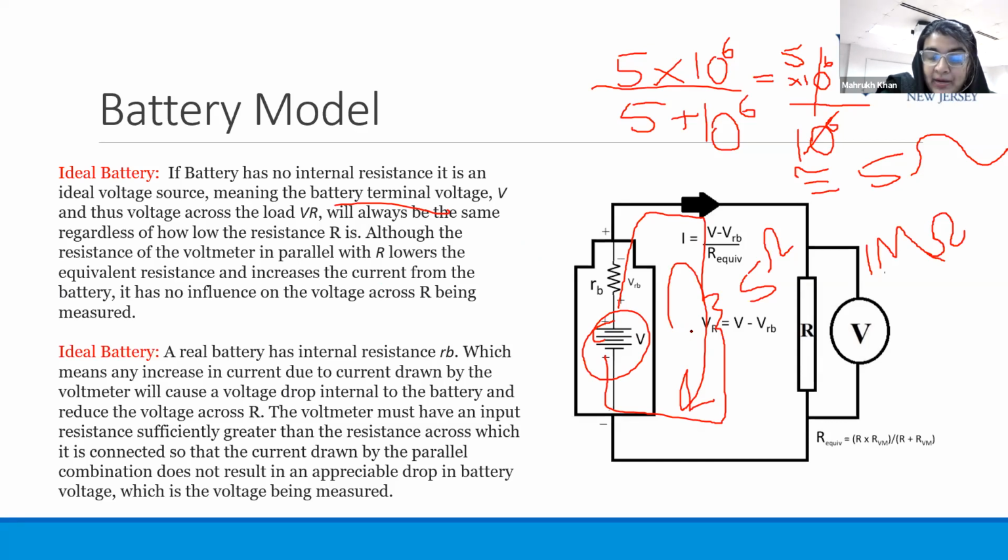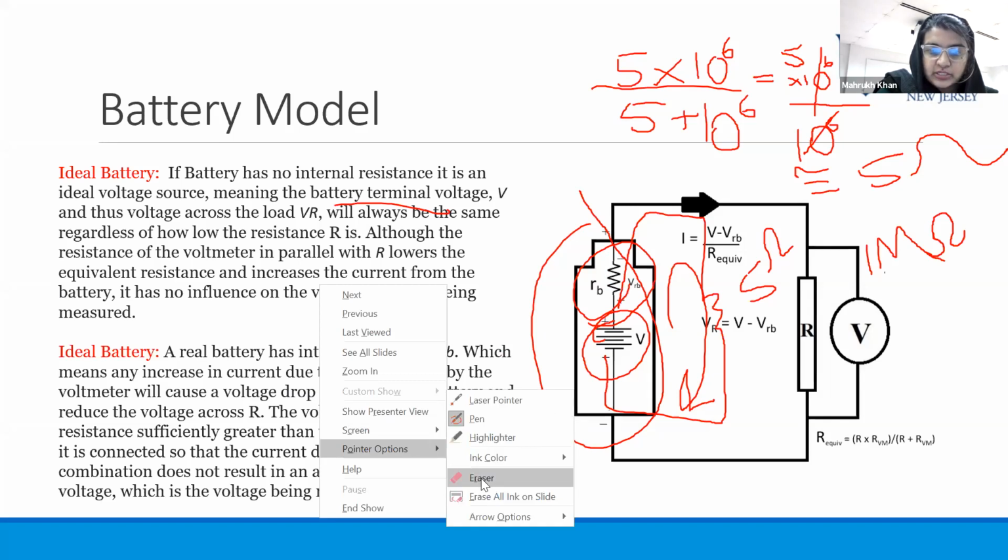So, but it doesn't happen like that. It doesn't keep on increasing the current, because the battery has its own internal resistance attached to its voltage source. We don't see it, but our battery has its own internal resistance. So what is happening here is,